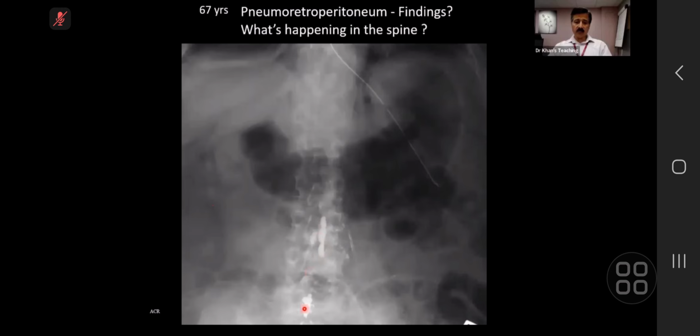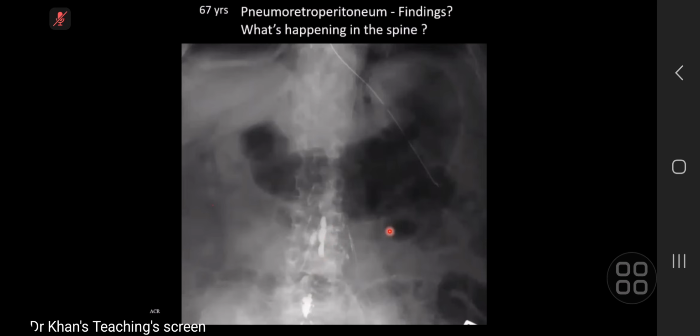What is this high density? You see this high density? And this high density is actually outlining maybe nerve roots here also. Calcification of